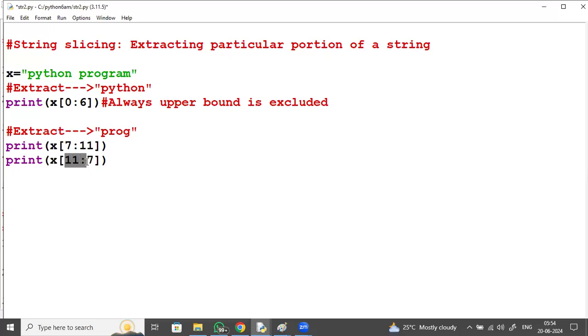7 to 11 means, okay, PROG. Opposite way, 11 to 7. Wouldn't that be an error? Empty string. See, 11 to 7 means you'll be going in the backward direction. Backward direction, right? Empty string, because